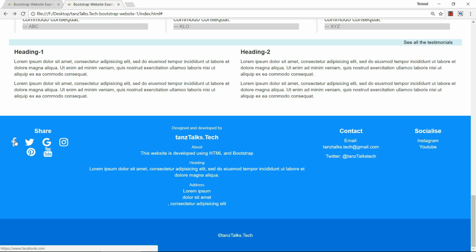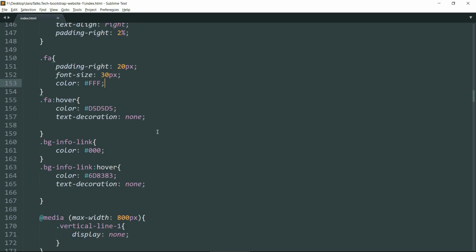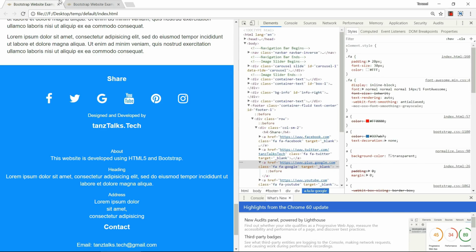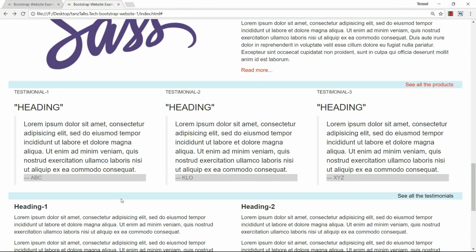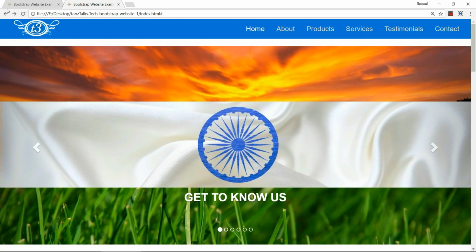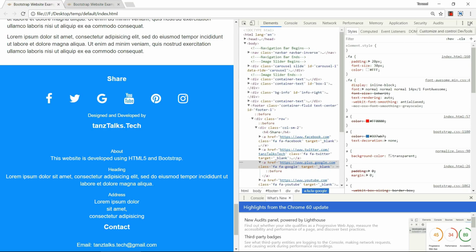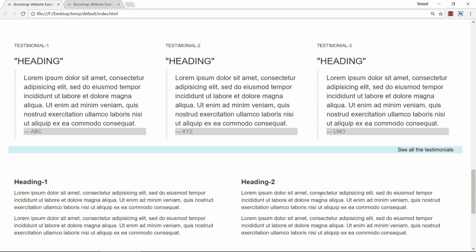Let's align these icons, give them proper padding. Let me see what I have done. Okay, I have written padding-right. Just remove the right from there and save the file and refresh, and the icons are properly aligned now, just as in the original website.